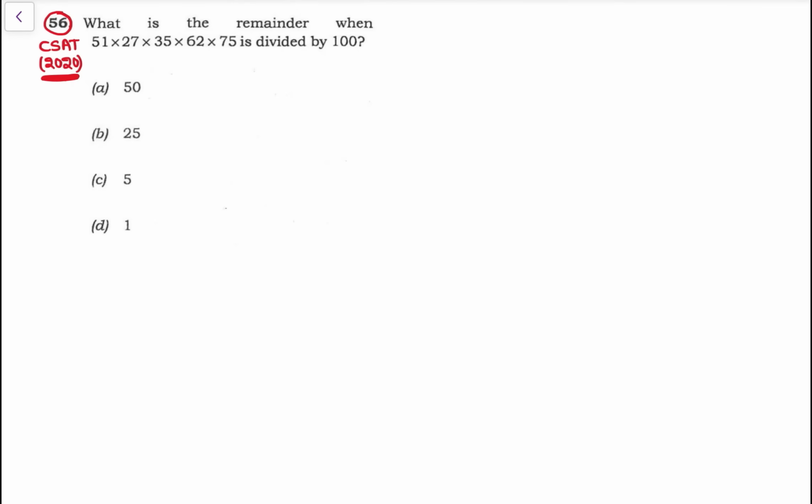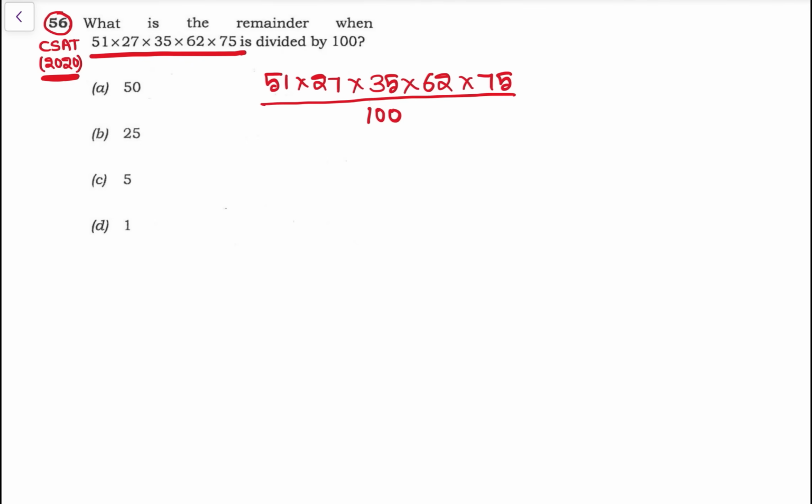What is the remainder when this expression is divided by 100? That is 51 into 27 into 35 into 62 into 75, divided by 100. Now look, we cannot do this in the normal way, nor by using the positive remainder, negative remainder concept, because